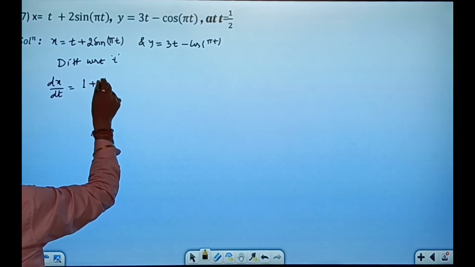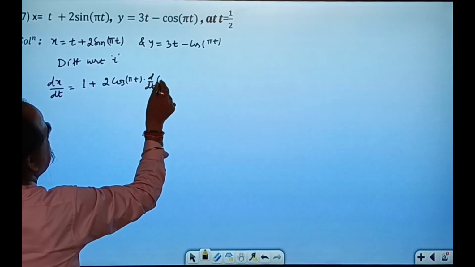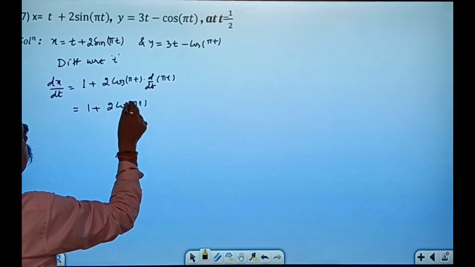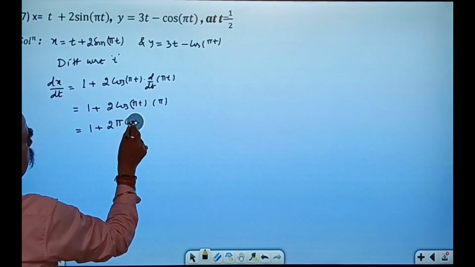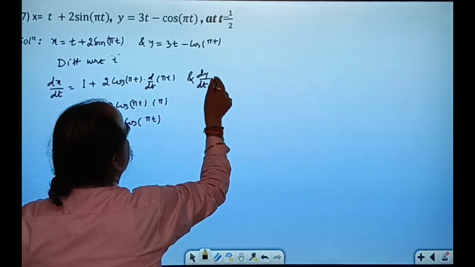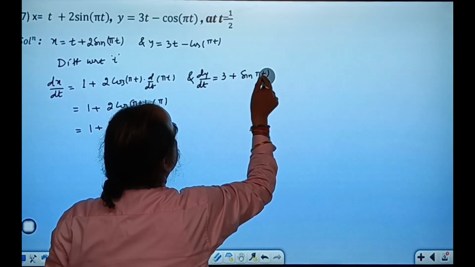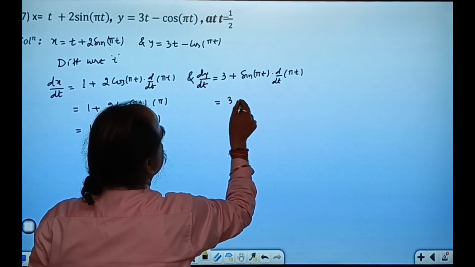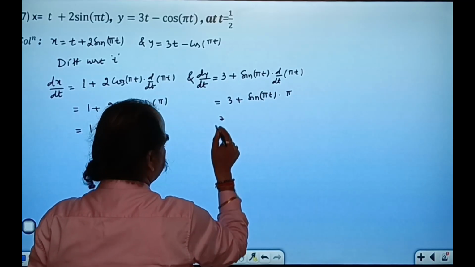Derivative of t is 1 plus 2 cos pi t into d by dt of pi t. 1 plus 2 cos pi t into pi. 1 plus 2 pi cos pi t. And dy by dt is what? 3. Derivative of cos is what? Minus sine. So sine pi t into d by dt of pi t, into pi, which is equal to